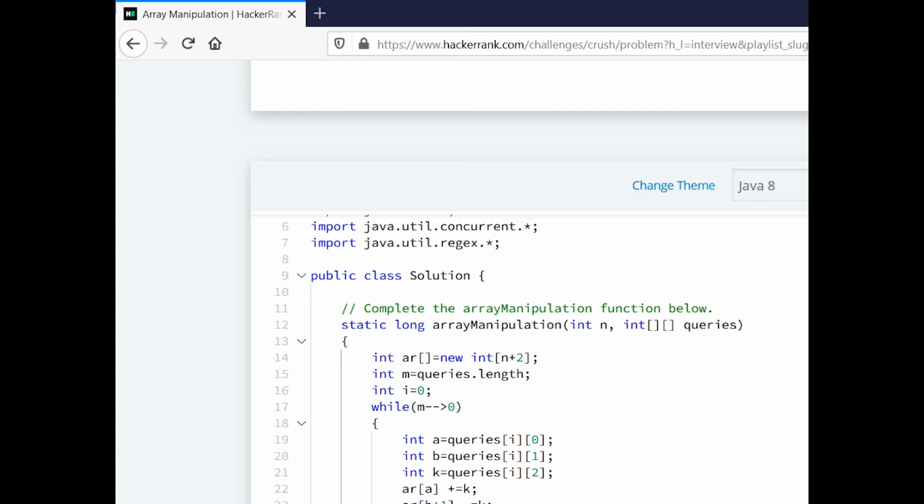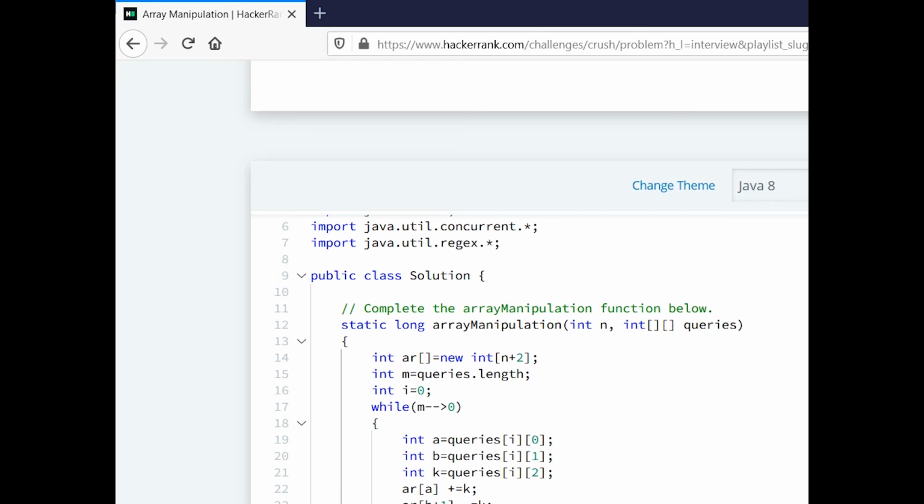Now I simply need to calculate the prefix sum, which I would be doing in array a itself. I would be running this from i equal to 1 up until i less than or equal to n, i plus plus. For this reason we took the array size n plus 2, and indexing starts from 1. Then let's take a variable, int max, equal to 0.